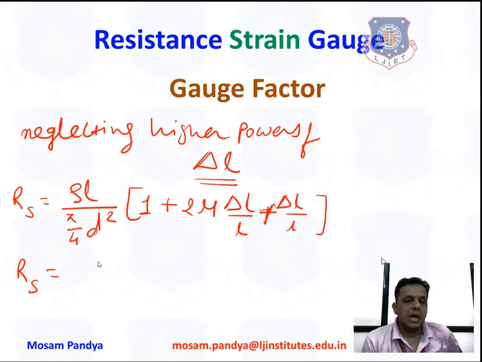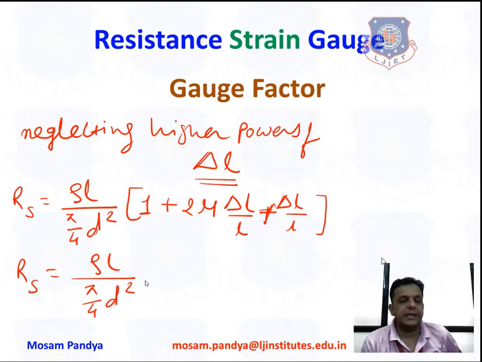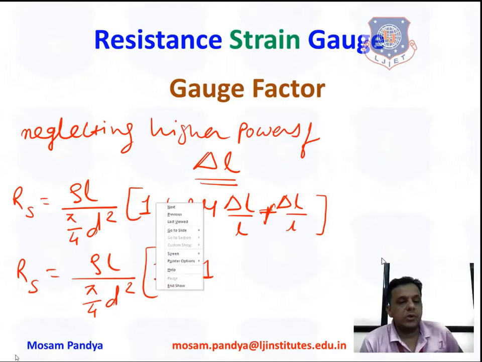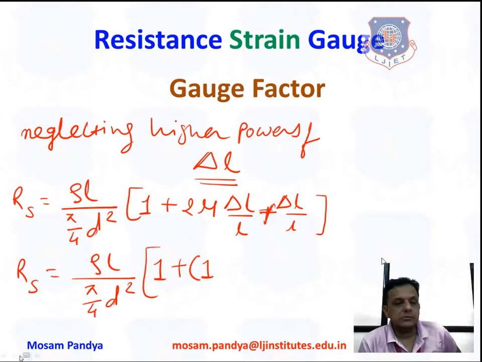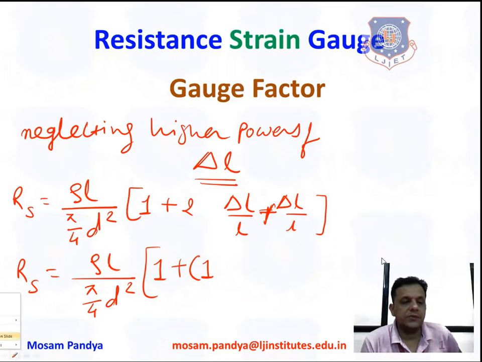In the denominator that was 1 minus 4 mu delta L square by L, so the entire term is 0, so in the denominator only 1 is remaining, so I am not writing 1 in the denominator of the equation. And here we will be taking common delta L by L. Before that, let us change our notation; let me take the eraser and remove it, and once again write down the notation that we have been using from the starting of the theory derivation.